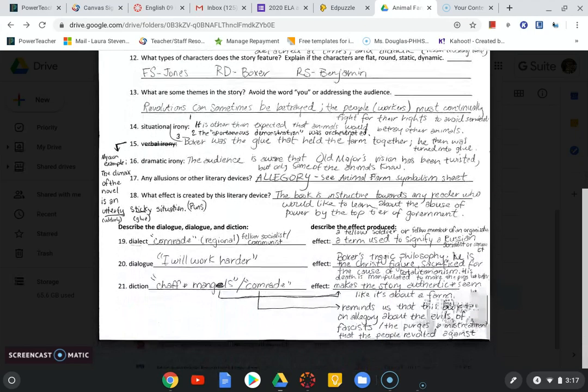What effect is created by this literary device? Well, this book is definitely didactic. It's instructive towards